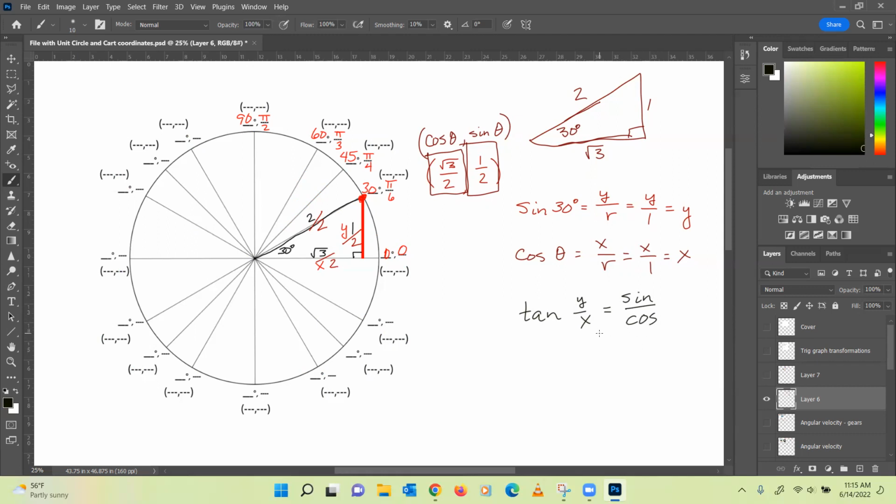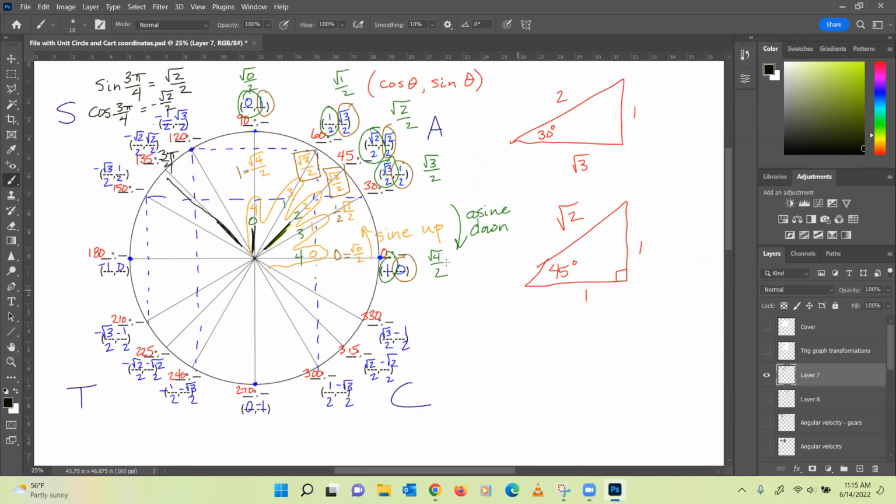So we can divide the y value by the x value to get the tangent. That being said, coming back up here, where we have like 45 degrees, x and y are the same values. Dividing those out, you get 1. If we come down to our triangle, tangent is opposite over adjacent. 1 over 1 is 1. And sure enough, it works out rather well. So we can get those function values